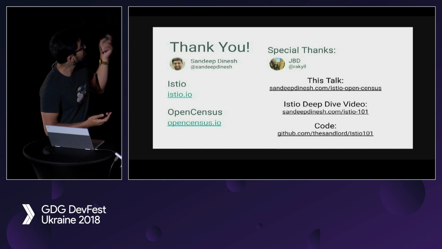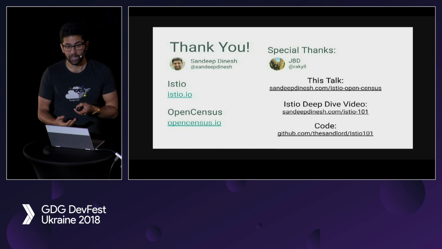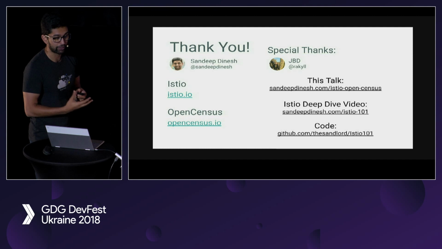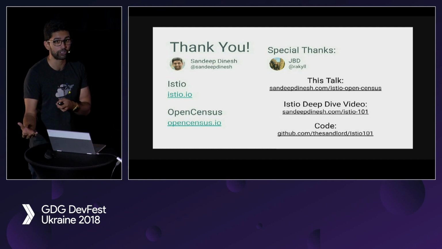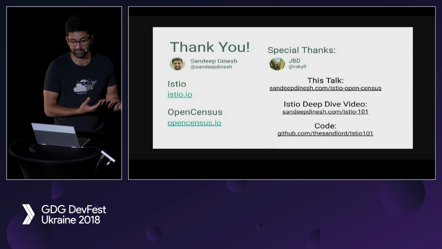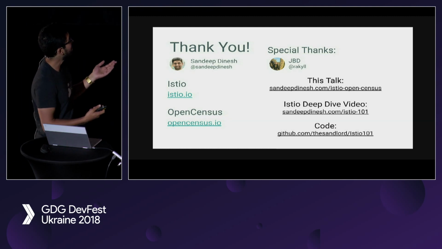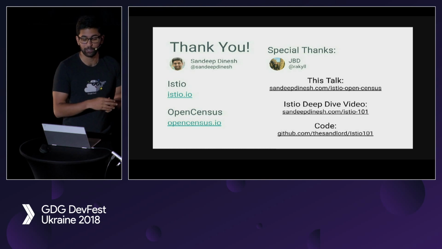Please let us know what you think, especially for OpenCensus. We're looking for contributors. If you're interested in distributed metrics and distributed stats, we would love your feedback and understanding of what your challenges are. We'd love your contributions and things like that. Istio is a much more mature project, it went 1.0. Still looking for feedback there, but definitely for OpenCensus, please